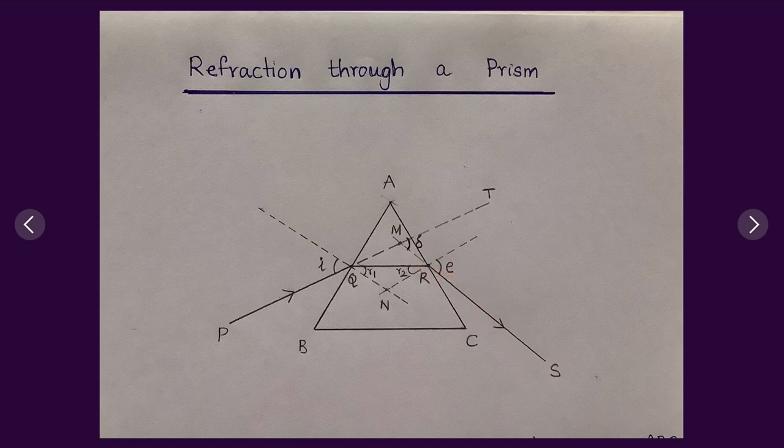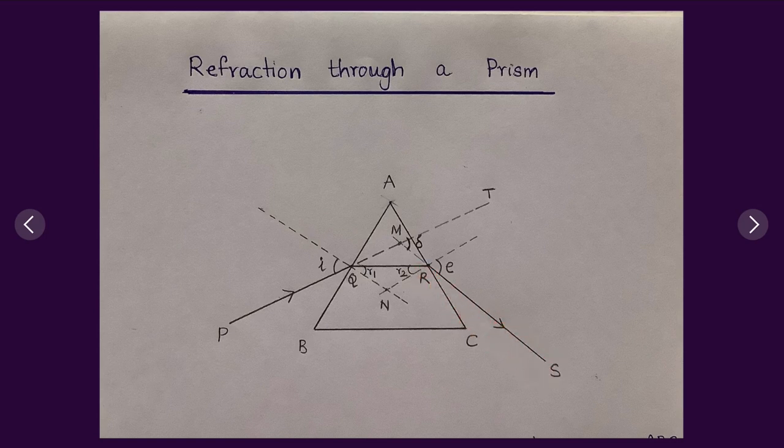Now, if you observe, for the first face AB, the angle of incidence is I and the angle of refraction is R1. For the second face AC, the angle of incidence is R2 and the angle of refraction is E. We took it as E because E stands for angle of emergence. Now, this is what is happening. A ray comes from P and touches the prism at Q, then it is refracted for the first time. It goes along QR, again touches the second surface AC, is refracted a second time,